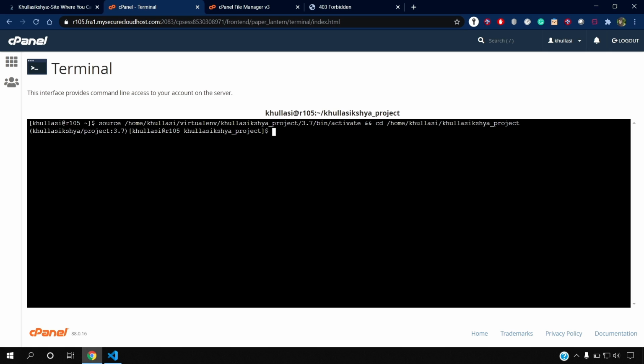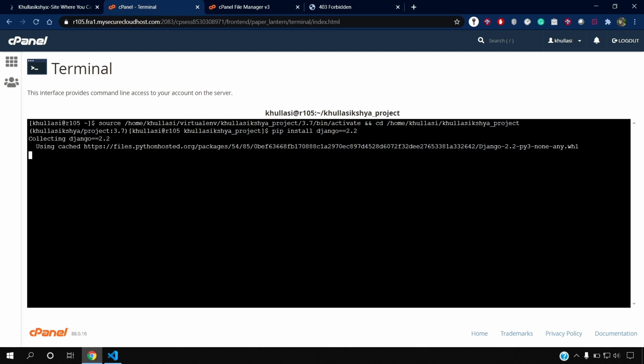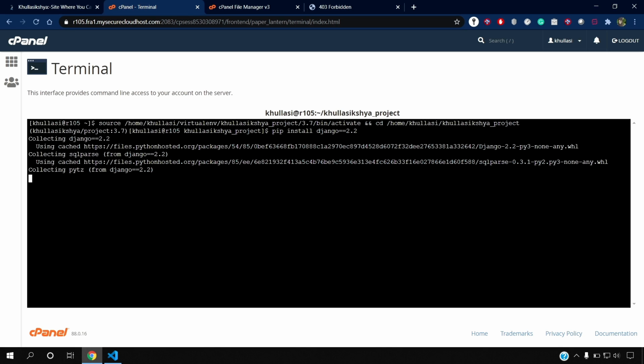In my project, I have used Django version 2.2. So I'll be running pip install Django 2.2. I have given a specific version of Django, and you also need to specify the version that you are using in your project. Let's enter this. Now it will install Django version 2.2 in our virtual environment.